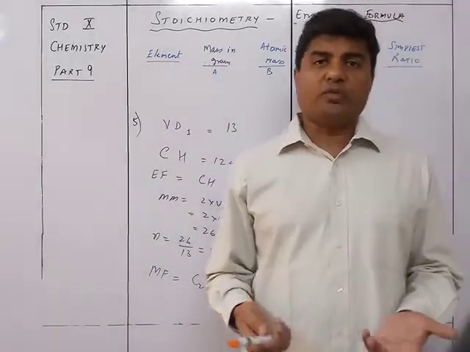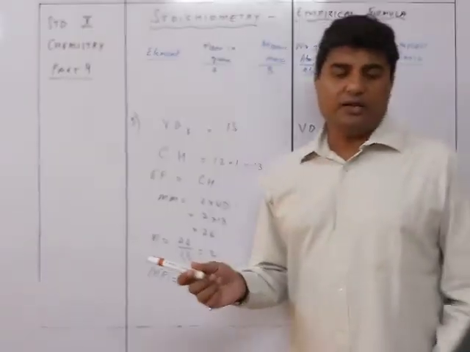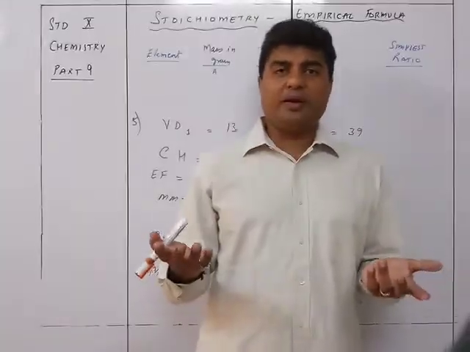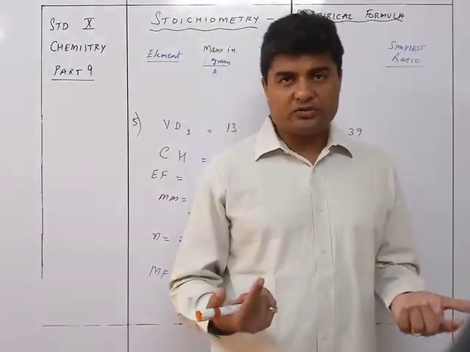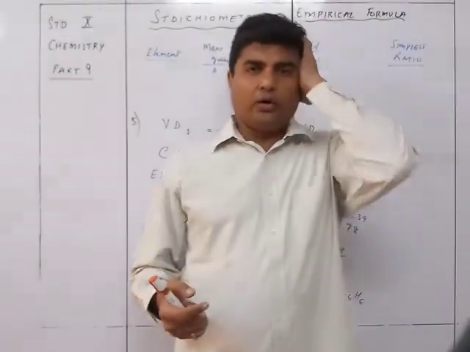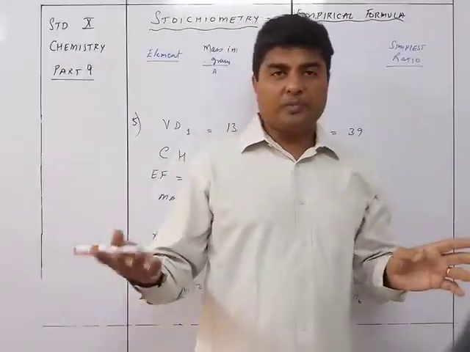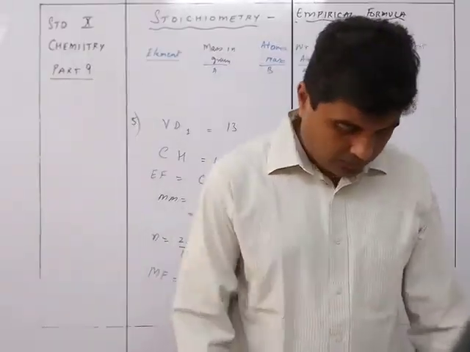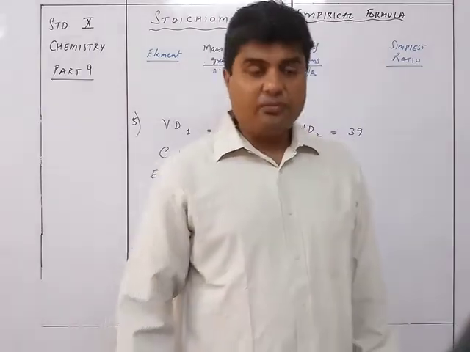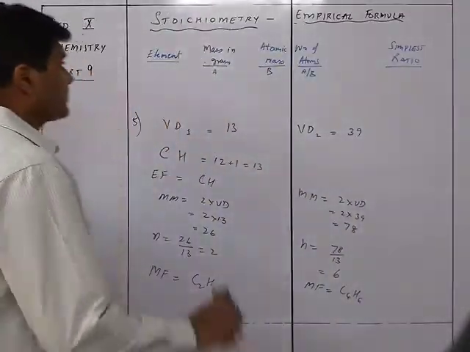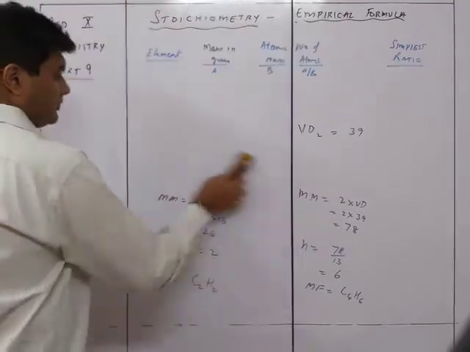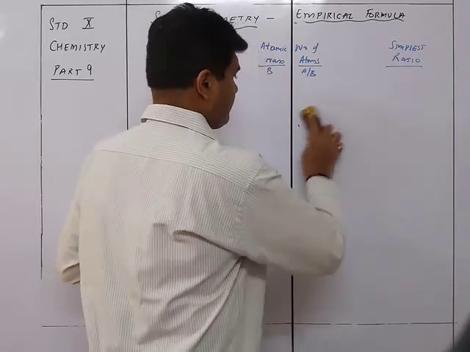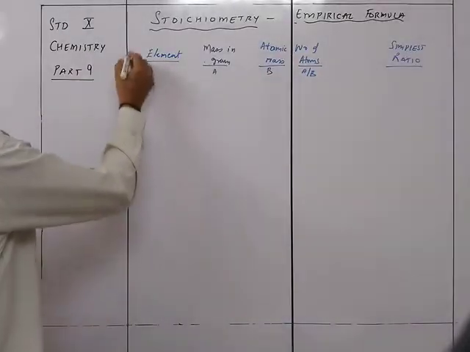I think when we know that the vapor density is 13, we automatically consider it to be a combination of carbon and hydrogen. What will it be? Only one carbon with one hydrogen. That's the only possibility, because you cannot have more hydrogens in such a condition where carbon and hydrogen are the only elements. So that was the fifth sum. We now move on to the sixth sum. Sum number 6.